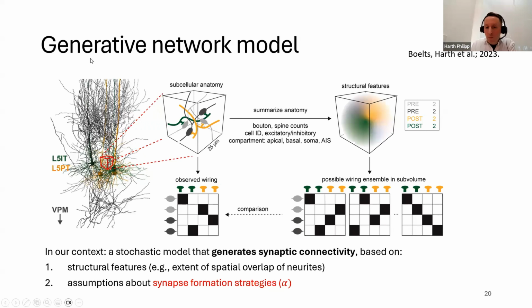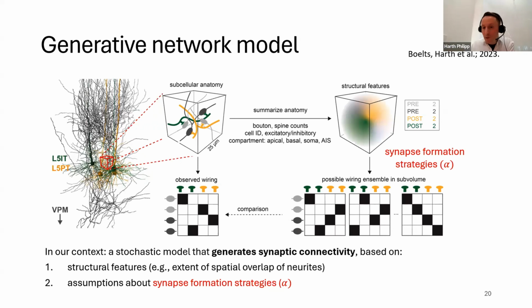Our approach is that we assume we have a dense reconstruction, which could either come from a model or, even better, an EM scan, which gives us the subcellular anatomy in one of these little overlap volumes. We now sort of shake this box and dissolve the empirically observed connectivity between these cells in this overlap volume. And we can now test different assumptions. The advantage of these generative models is that you can plug in different assumptions and compare the output of the generative model to some ground truth.